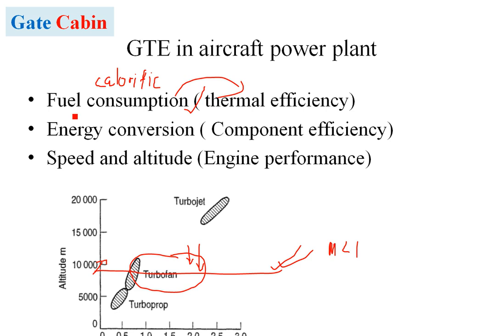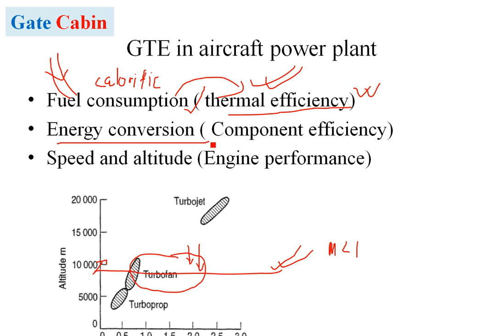Because if an aeroplane gets less energy out of a fuel, then we have to supply a large amount of fuel, which will increase the weight of the aircraft. Definitely the altitude and the speed are going to suffer. So how this calorific value is converted into thermal energy, that is the process of combustion. So thermal efficiency plays a very important role when we talk about the use of an aircraft power plant.